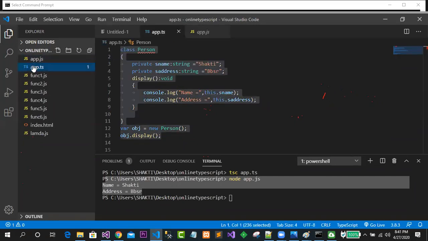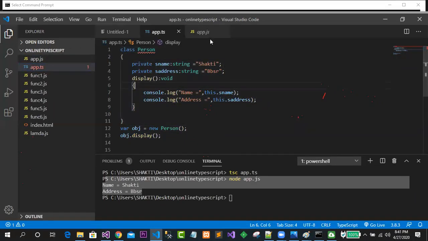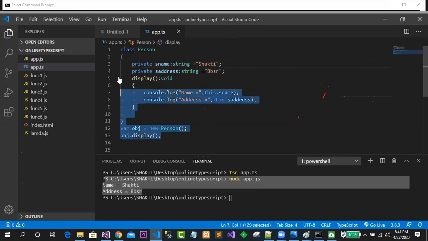You are only concentrating upon your TS part, and you as a C# developer or a Java developer might be thinking that yes, it is now my zone. Yes, I can work with class and object in TypeScript also. Clear? Because you are familiar with the private keyword, public keyword, protected keyword, how to hide the data, you got it, guys. So all these things I can write something like this.